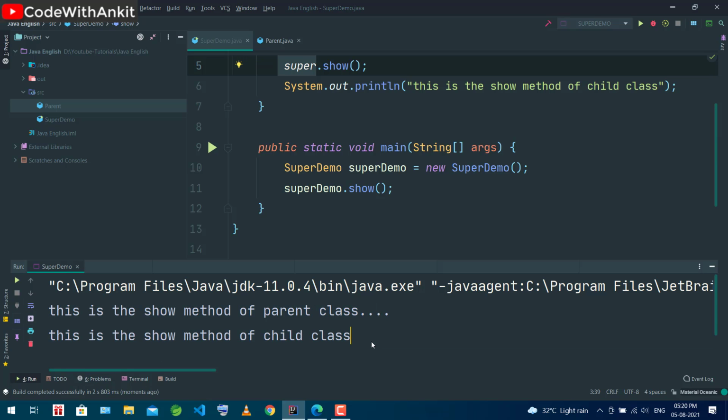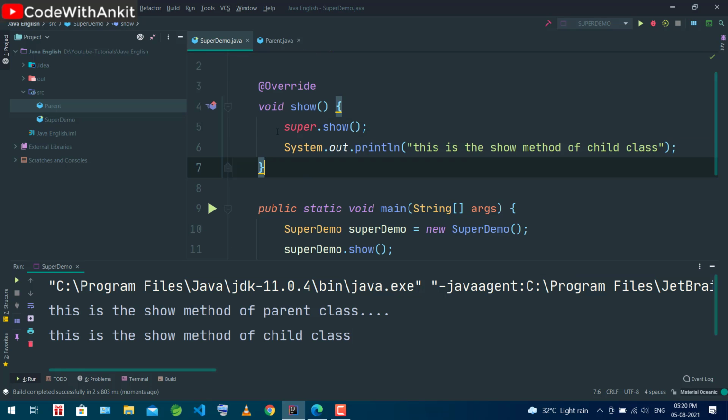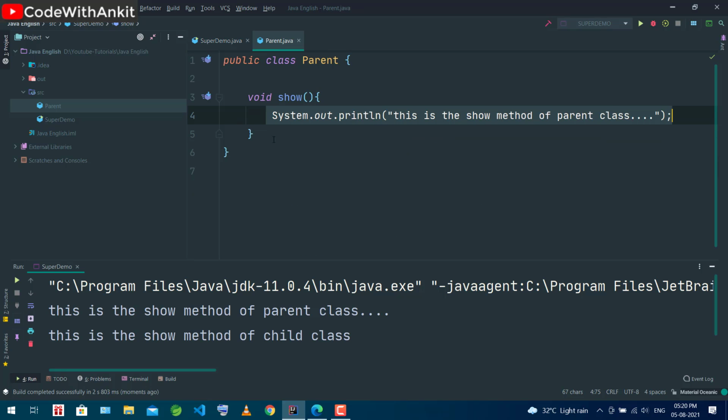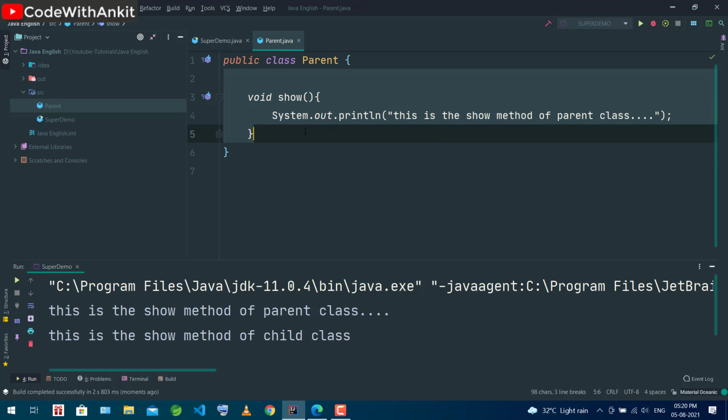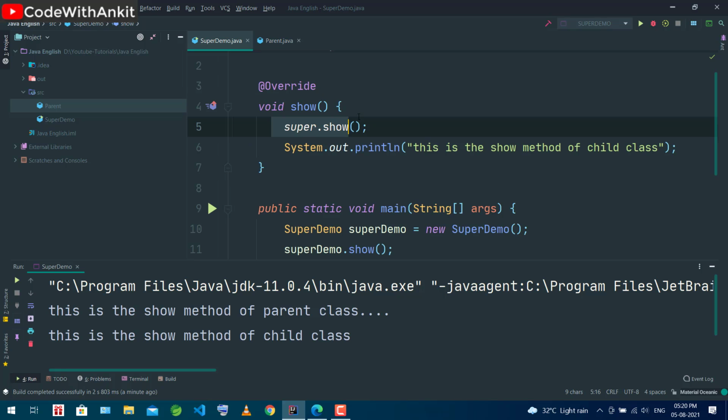Now can you answer me why and how it is possible that super is calling the parent class method? Definitely this super keyword must have the parent class object, right? Am I right or not? Suppose your father has money, say 10 lakh rupees.